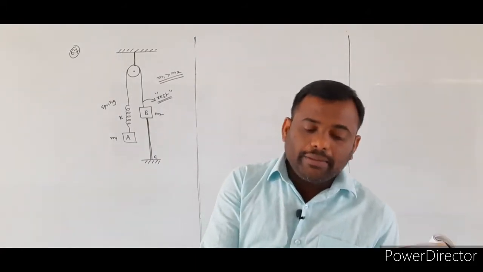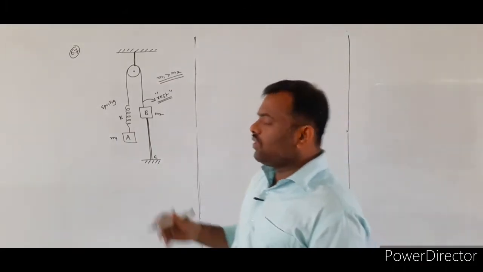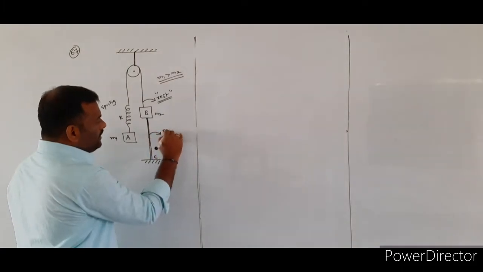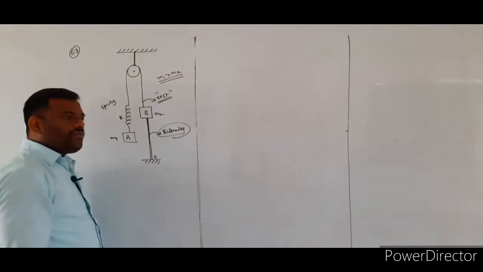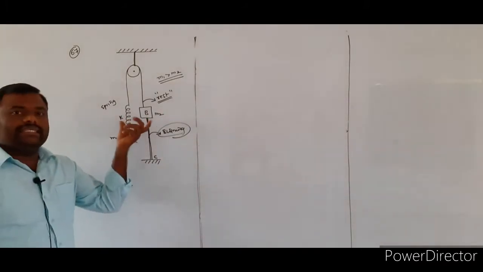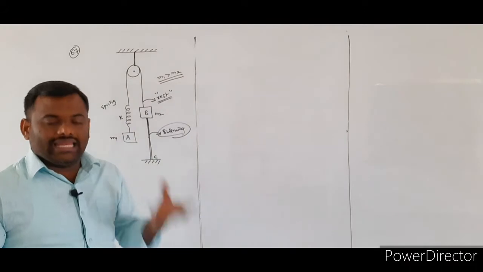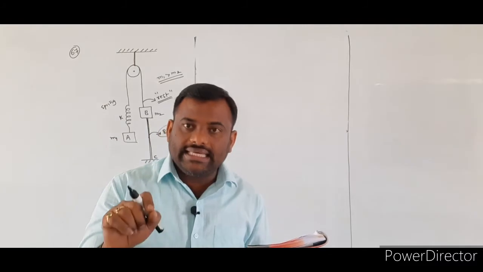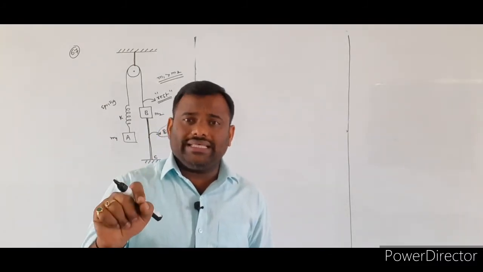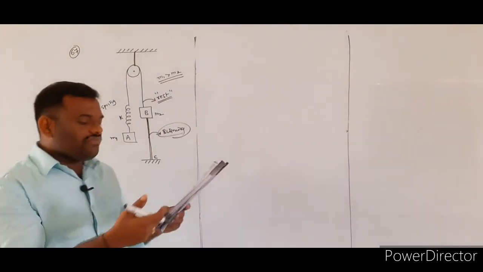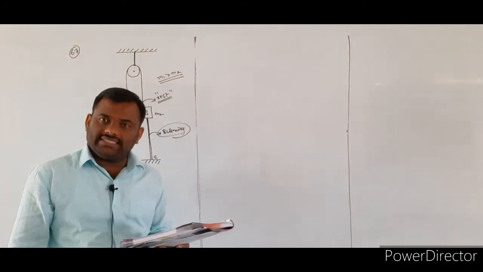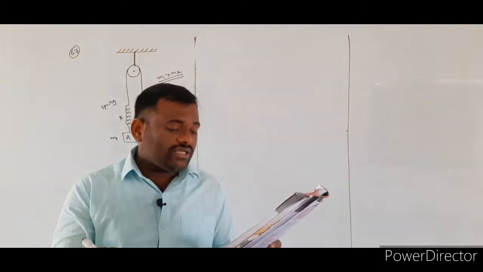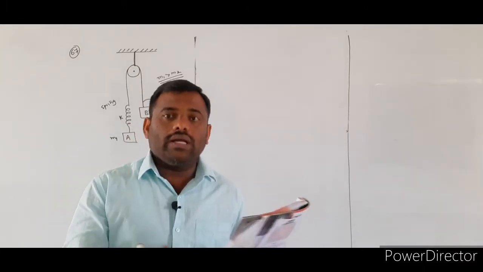So according to the given problem, they mentioned just after the thread BC is burnt. So, whatever the thread we have, BC, we are burning the thread BC. So when the thread is burnt, this system will be released. So what they are asking is, just after the thread BC is burnt, they gave 4 different options and they are asking which option is correct. So the correct option is what?